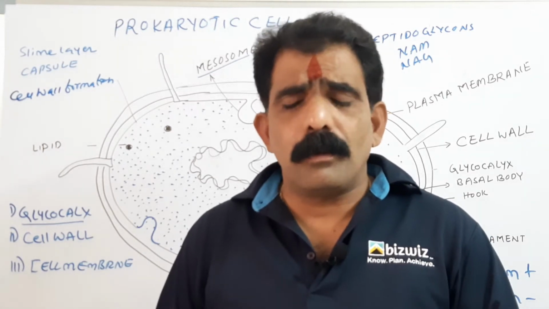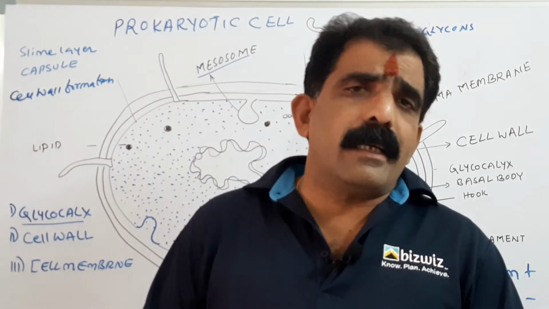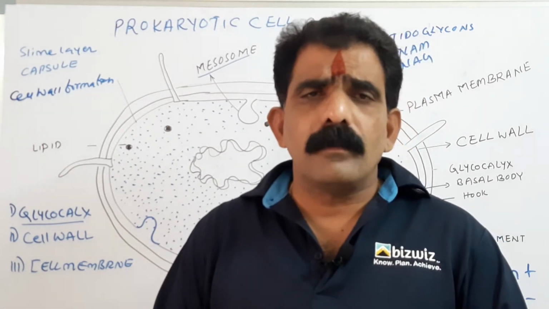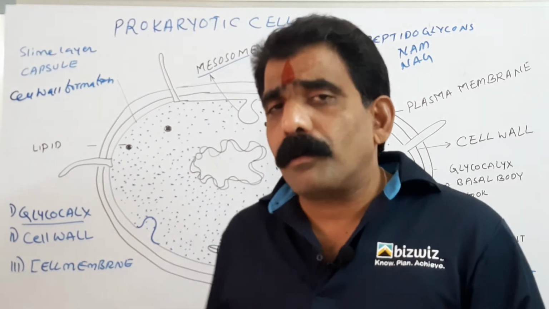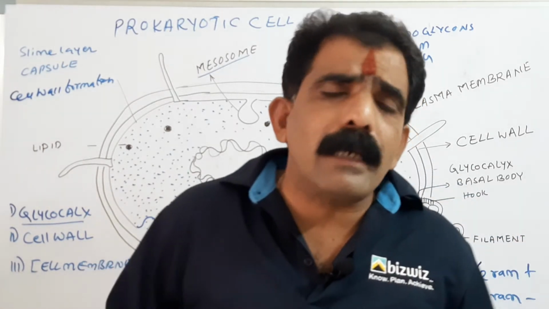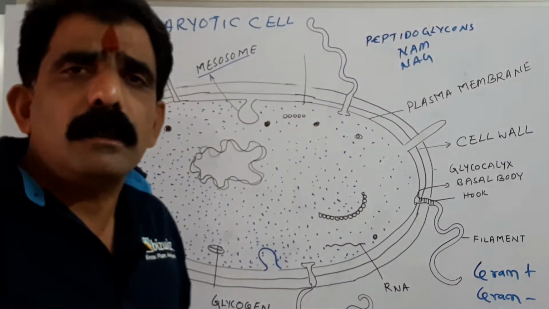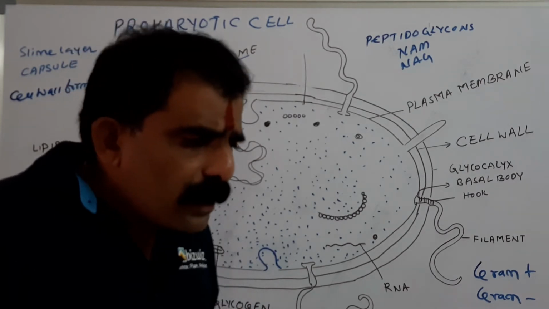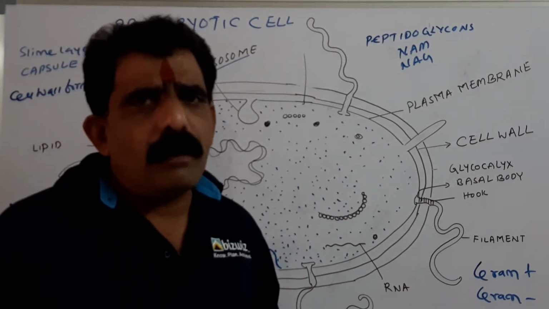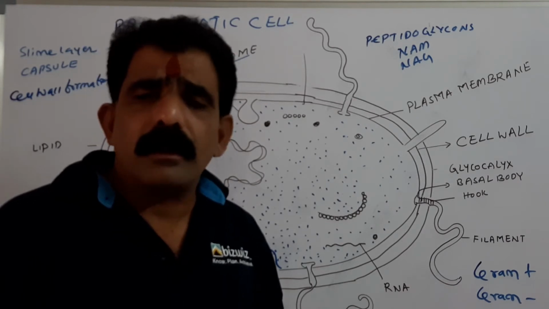Prokaryotes do not have any membrane-bound cell organelles. Naked cell organelles like ribosomes are the only ones present. If chloroplast and mitochondria are absent in the prokaryote cell, how are some bacteria capable of photosynthesis and respiration? Yes, we know some bacteria are aerobic bacteria. So, what is needed for aerobic respiration? Mitochondria. When mitochondria are absent here, how are the bacteria capable of carrying out aerobic respiration?